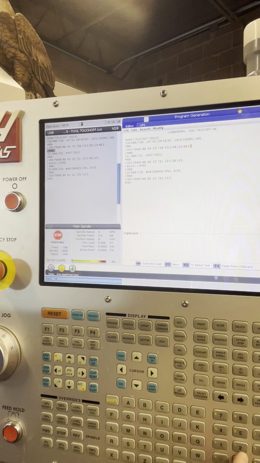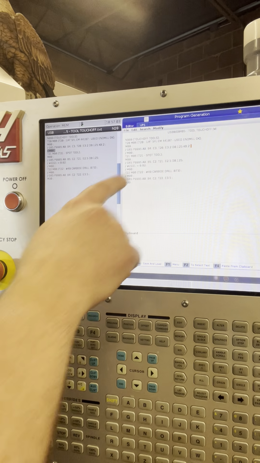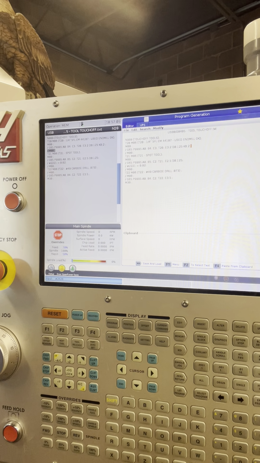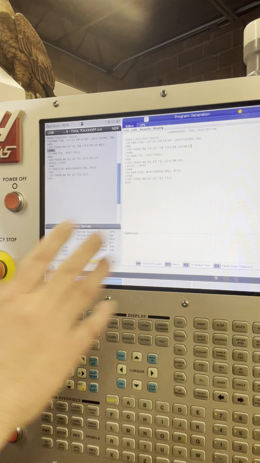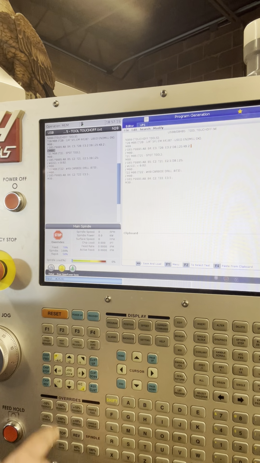So if I do pound 2620, 26 is that last diameter wear column. Like I said, I have a cheat sheet there. And the 20 is the tool number. So the last two digits are your tool number, and then the 26 is that column. If you get over 100 tools, then you go to 2700. But that's in there too. I don't get into 100 tools. So we're going to make that equal to